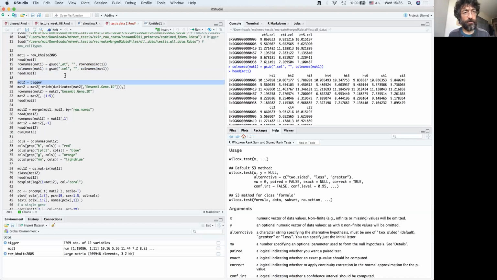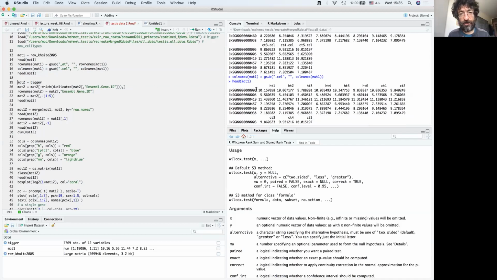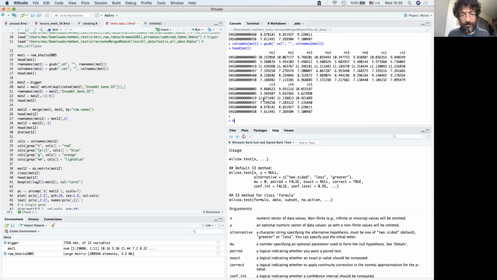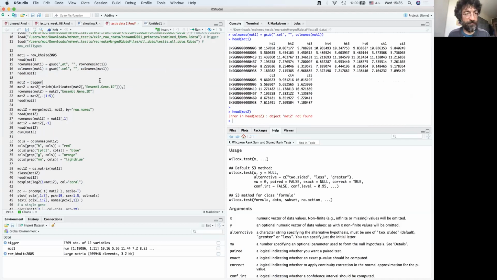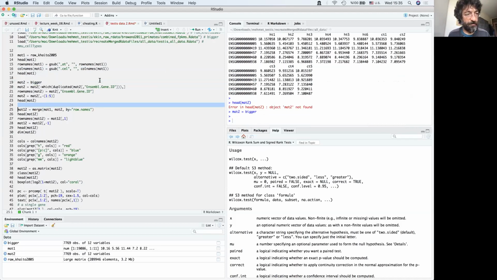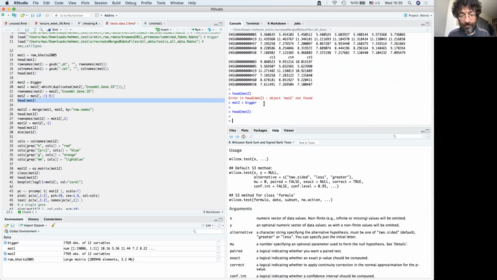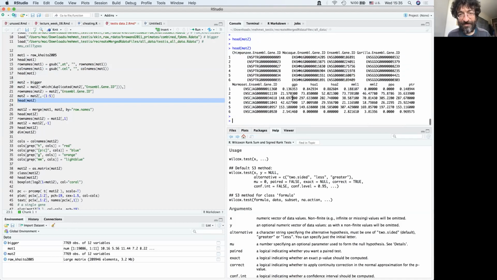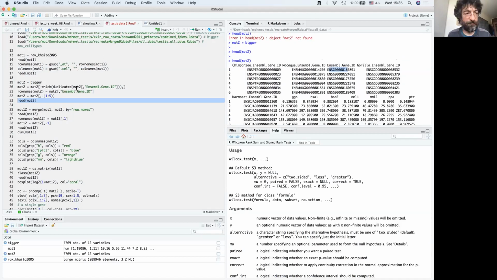And now the other data set needs a bit more processing. Let me show you that. I haven't defined MAT2 yet. So this is my matrix. I actually want to get rid of these columns. I want to assign this column as row names, and then I can use those common row names to join the two matrices.